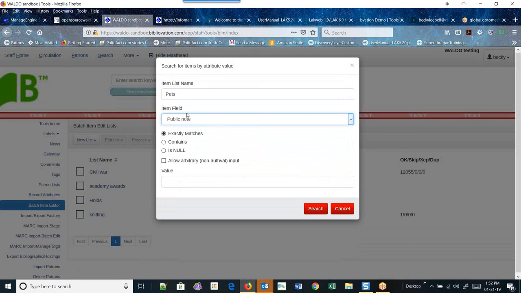So if I select everything that has a public note, I can either say exactly matches my value, contains my value, or is empty. I'm going to not save this. I'm going to cancel out of this